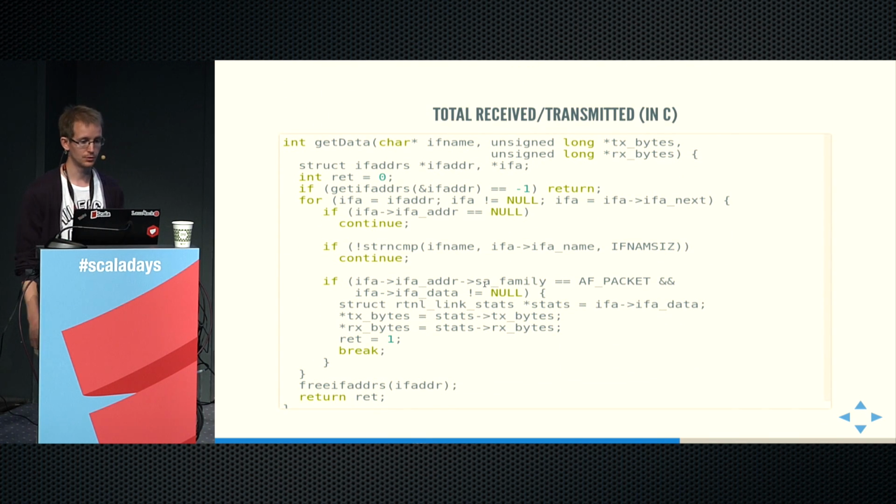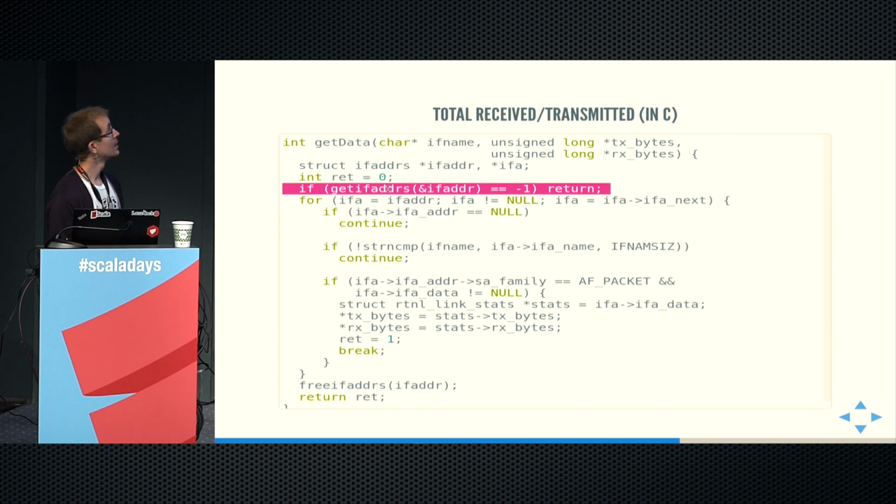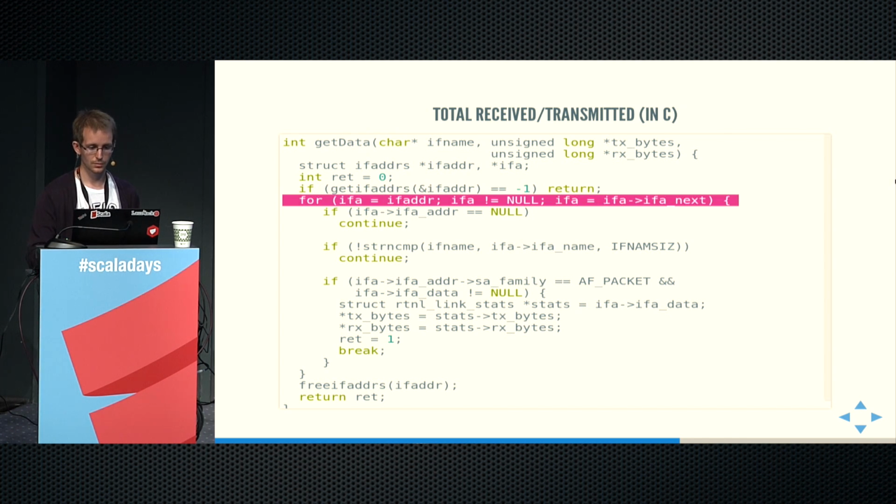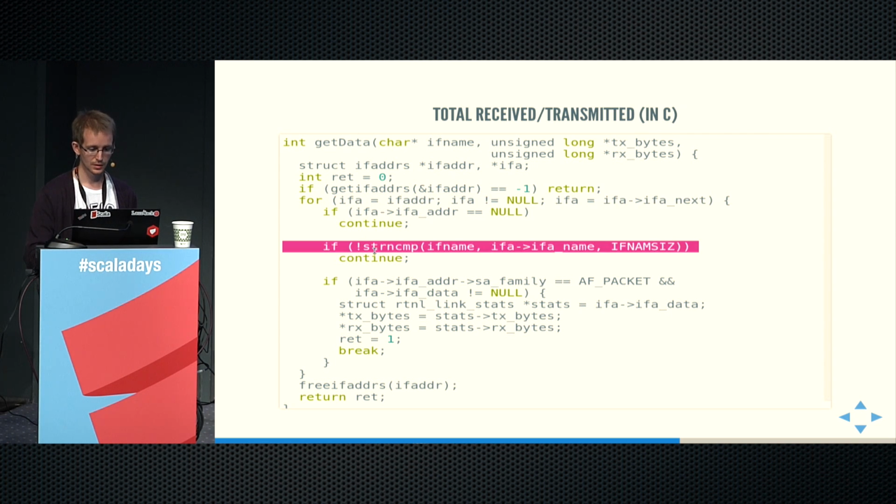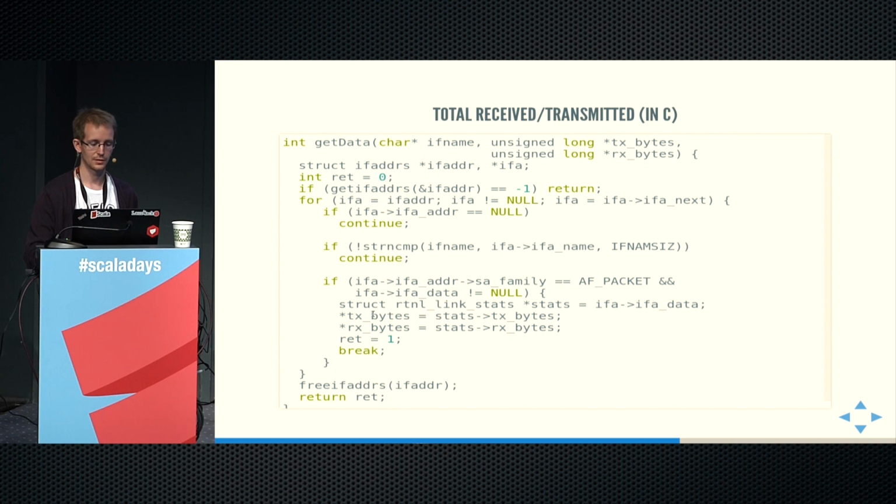All right, this is how you would do it in C. As you can see, the code is a bit longer than all the code that we had in Scala in just one method. But that's because this function is doing a lot of things. At this line, it's getting all the interfaces and returning if something is going wrong already. Here we are walking through all the interfaces. Here we're trying to find the one that we want. Here we're testing if this is a packet, extracting all the information, and finally returning after freeing the memory for